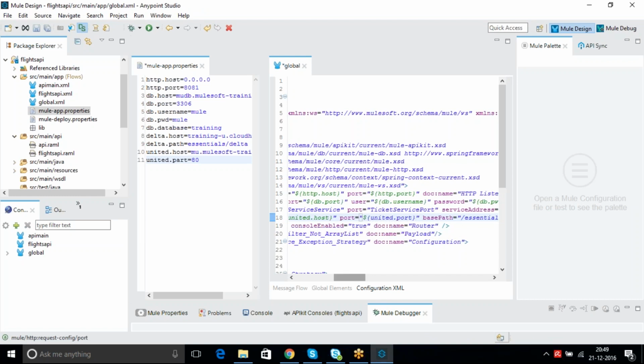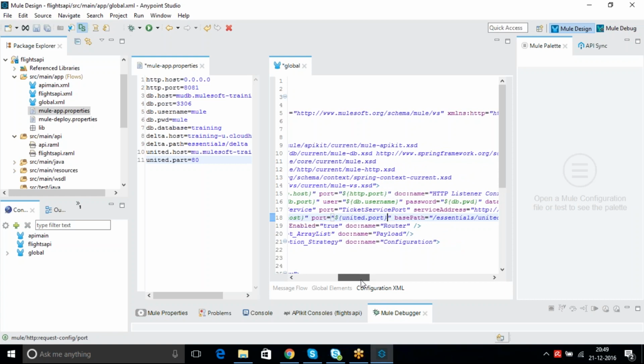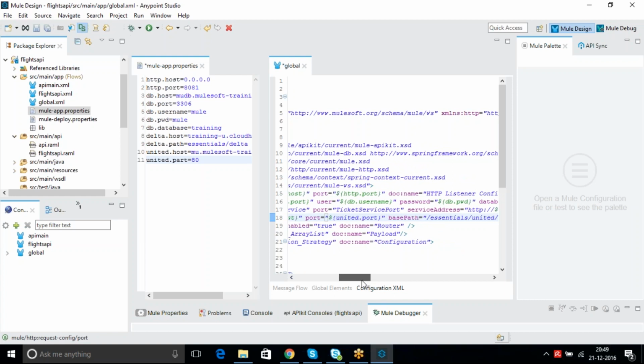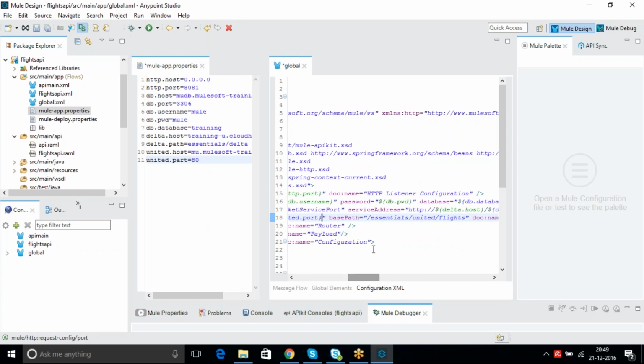Whatever configurations you feel get changed from dev to QA to production, all those configurations you should keep in the proper properties file. Okay. And what else can be changed? There is a chance of changing the base path also, right?